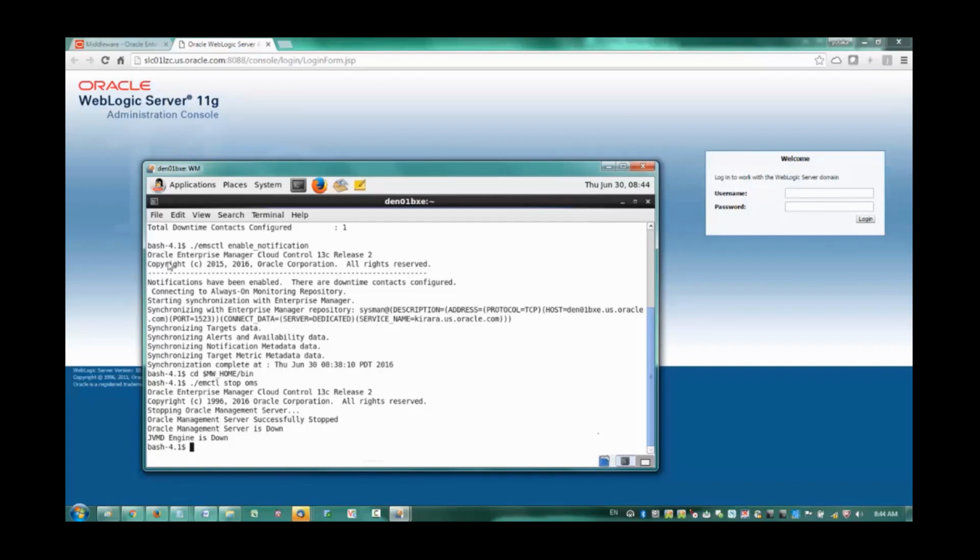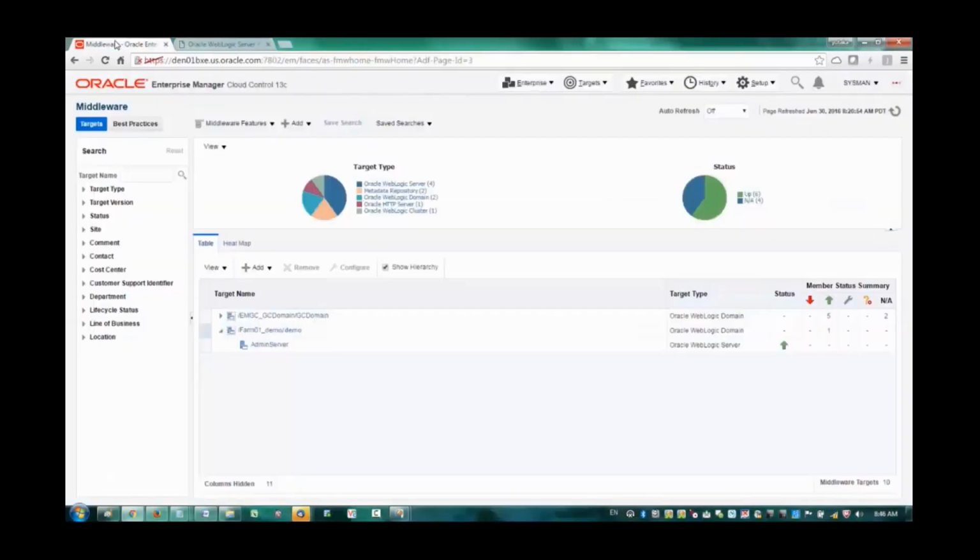So I'm going back to the first tab of the browser where I left the Enterprise Manager web page open. Click. And here I am back at the middleware homepage. I still see the contents though. But if I take a closer look at the upper right side of the screen here, I see red lights,